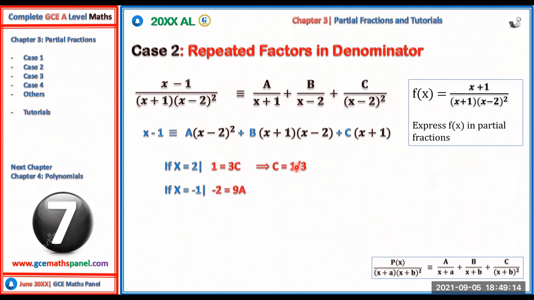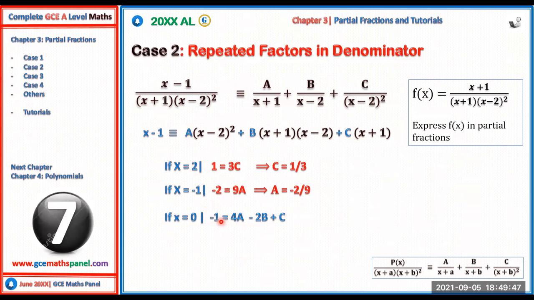Now, if x is equal to minus 1, the minus 1 is coming from one of these factors. When you equate x plus 1 to 0, you substitute x equals minus 1 in all of this, you will have minus 2 to be equal to 9a's. And from here, a is equal to minus 2 on 9. Now you can use another number very close to 0 or 0 itself, since I have not used it. If x is equal to 0 or use x equals 1, anything, you will have the same results at the end. If x equals 0, we substitute all through, we will have minus 1